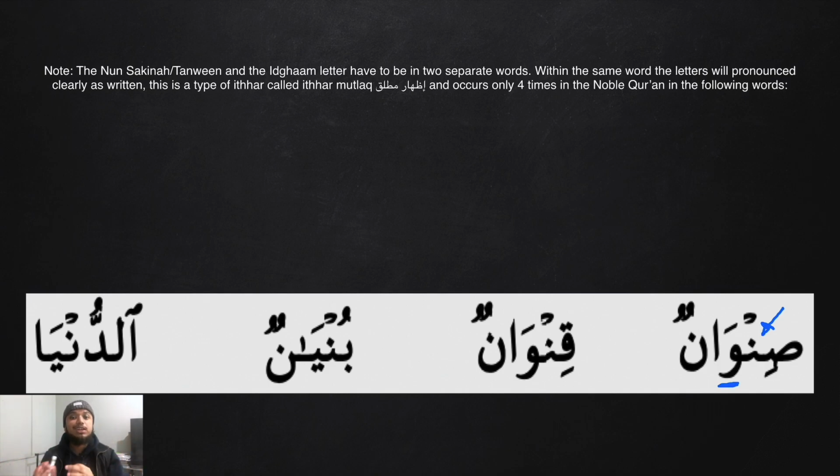We read it clearly, and this is called idhar mutlaq. This is a complete idhar. In qinwan, once again we have a noon sakina followed by a waw. Bunyan, we have noon sakina followed by a ya, and ad-dunya we have noon sakina here followed by ya, but we do not do idgham. We pronounce it completely clear. We do idhar mutlaq. Rules like this are not usually mentioned in basic Tajweed courses,